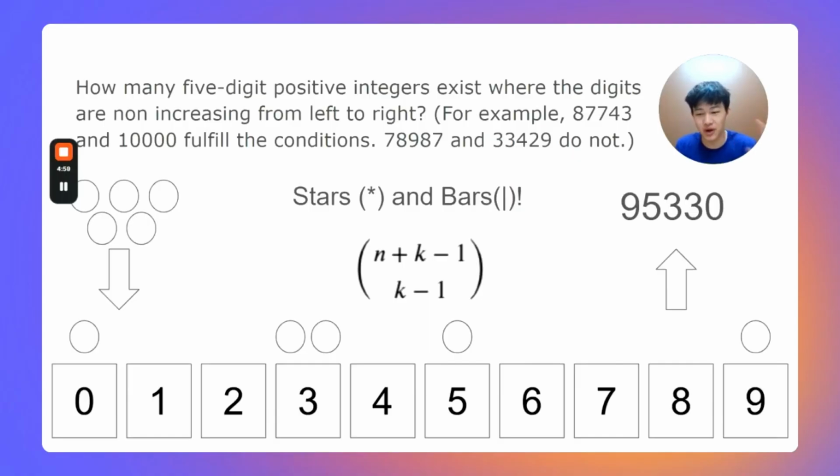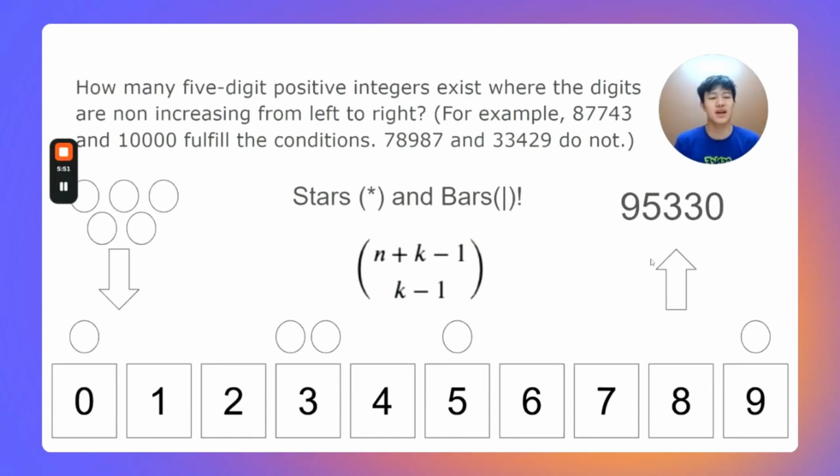Okay, so we have 5 balls. Here are our 5 balls right here, and we have 10 buckets, each labeled for a possible digit. Now, in this game, we're going to pretend to toss our balls into these buckets. Wherever these balls land, they tell us the digits that we will use in our number. And as we can see here, 1 ball landed in 0, 2 in 3, 1 in 5, and 1 in 9. And the only number that has 1 nine, 1 five, 2 threes, and 1 zero that also satisfies this condition is